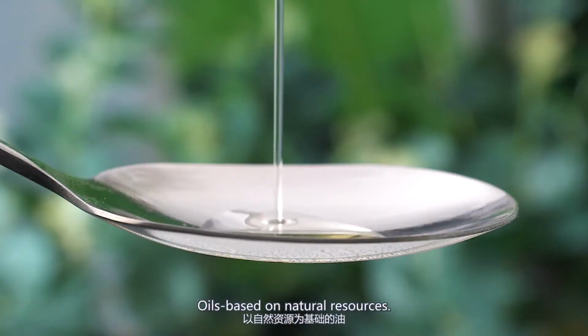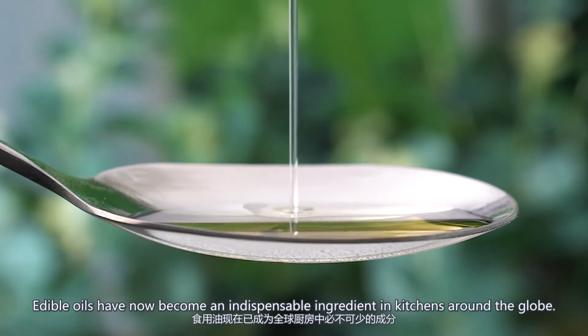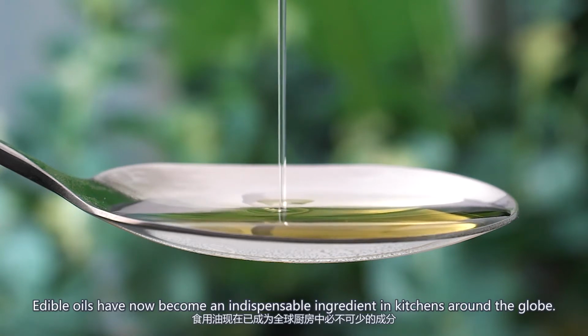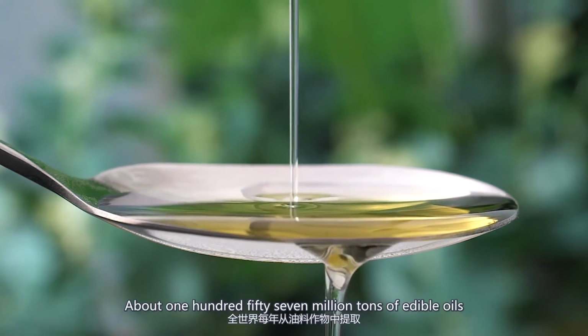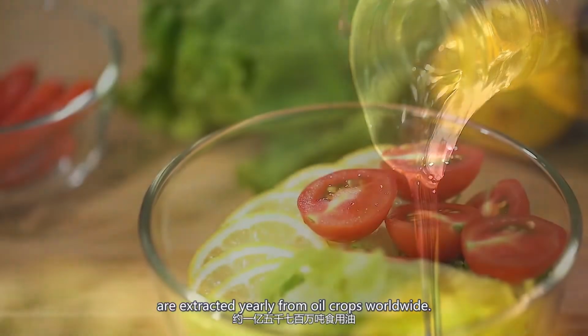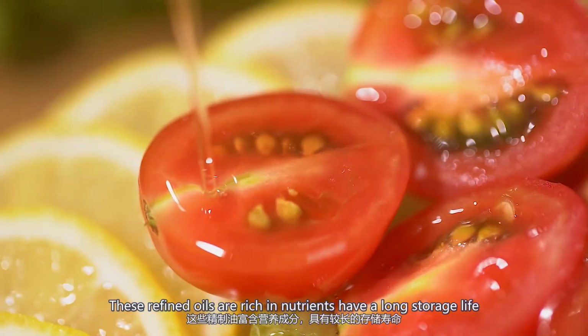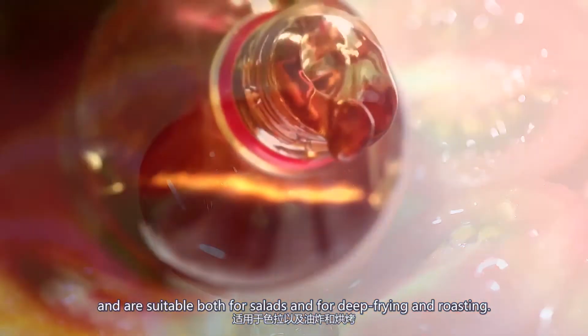Oils based on natural resources. Edible oils have now become an indispensable ingredient in kitchens around the globe. About 157 million tons of edible oils are extracted yearly from oil crops worldwide. These refined oils are rich in nutrients, have a long storage life, and are suitable both for salads and for